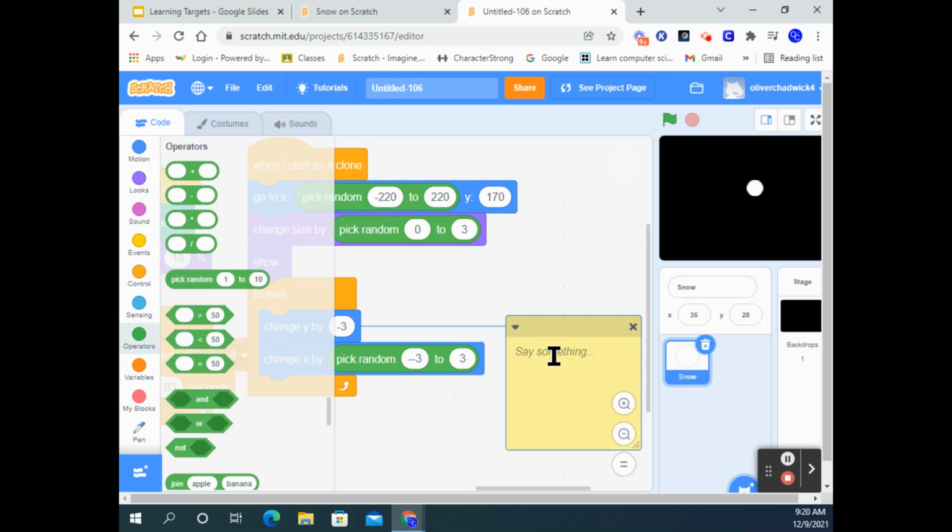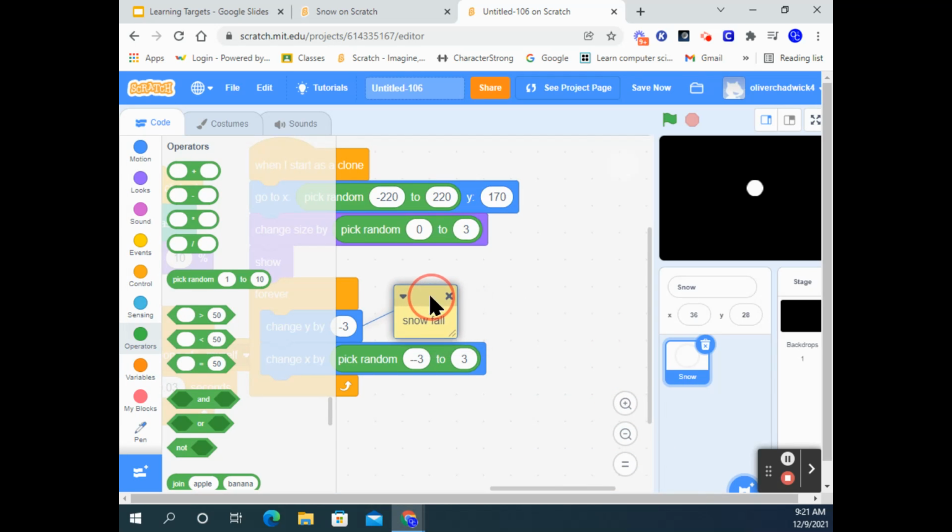There we go. It actually looks really good. Snowfall for this, and then this is